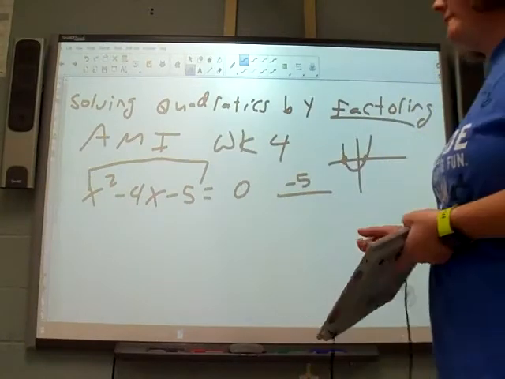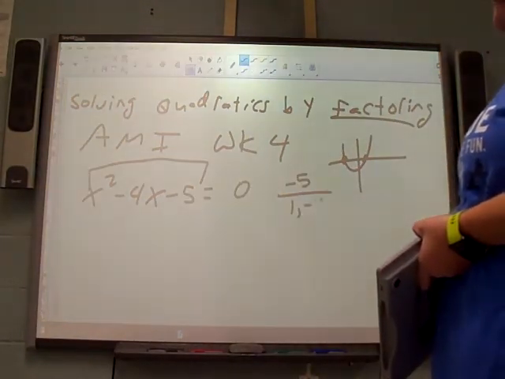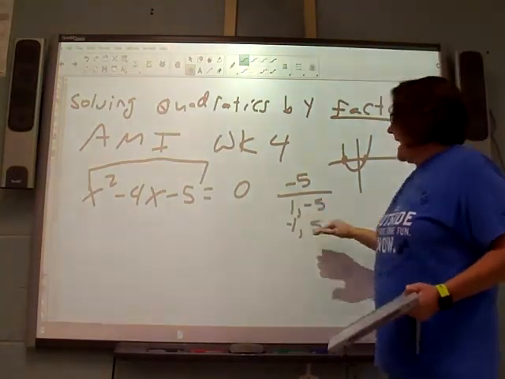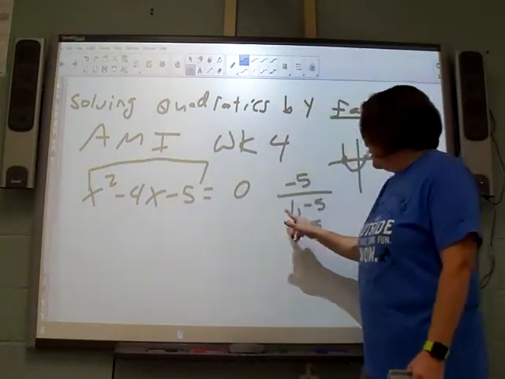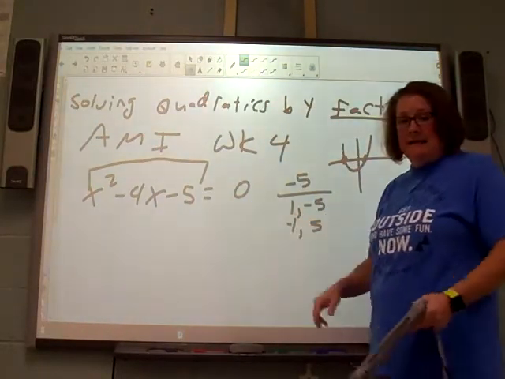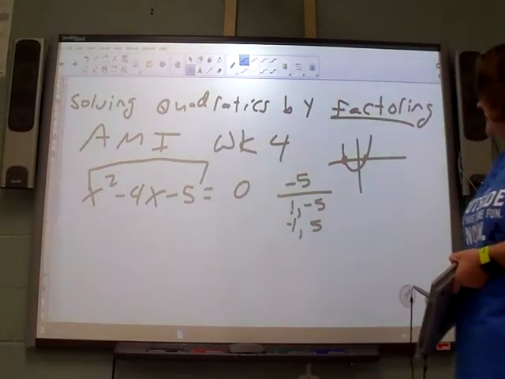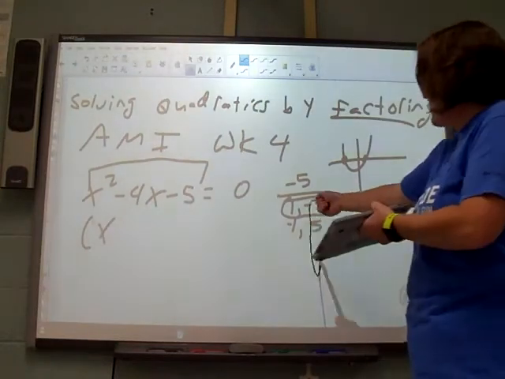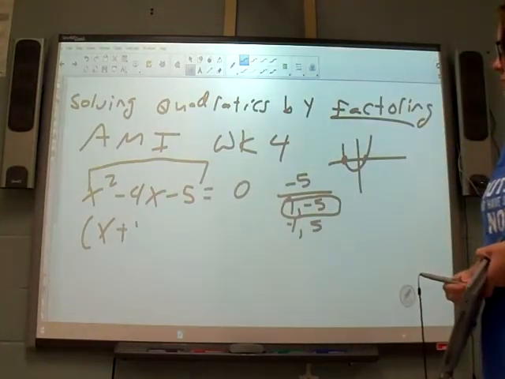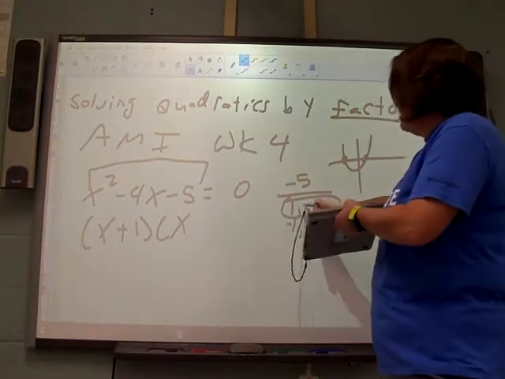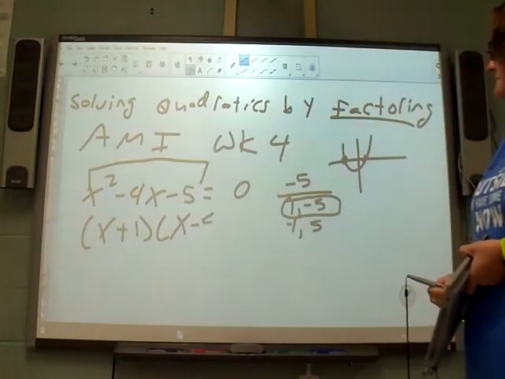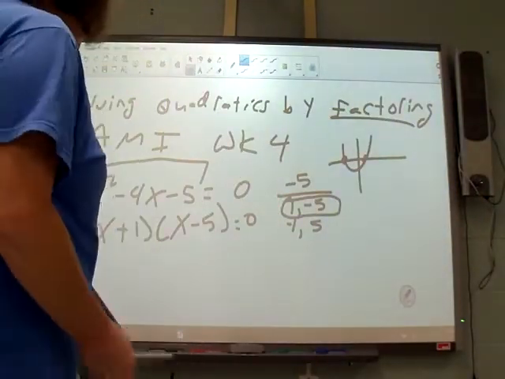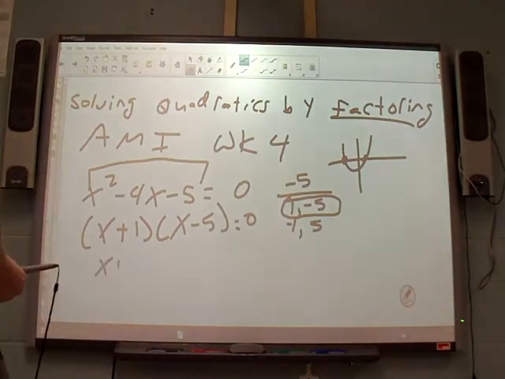Negative 5 doesn't have a whole lot of factors. It can be 1 and negative 5, or negative 1 and 5. I need which pair adds to give me negative 4. 1 plus negative 5, ding, ding, ding, that adds to negative 4. So that's the pair of factors I'm going to use. I'm going to break this down as (x plus 1), my 1 is positive, and (x minus 5), my 5 is negative. Now I've got my factors. All I have to do to finish solving is set each of those equal to 0